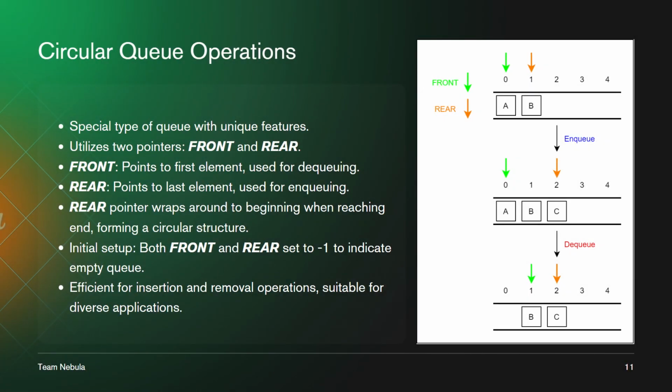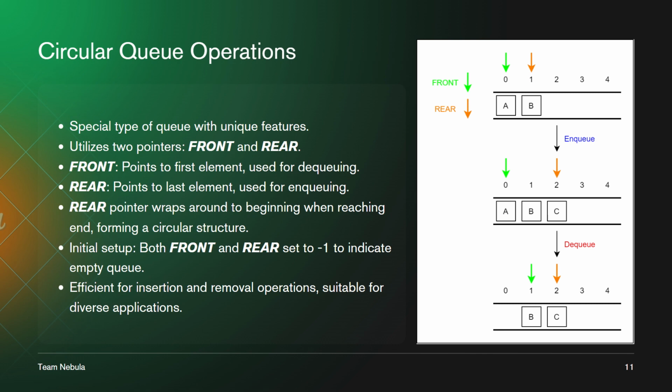Alright, let's explore how the circular queue works. Think of it as a special type of queue with some clever features. In a circular queue, we use 2 pointers to keep track of the elements. The front pointer points to the first element of the queue, which is the element we will remove when we dequeue. The rear pointer points to the last element of the queue, which is where we will insert new elements